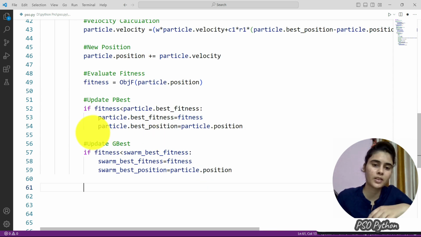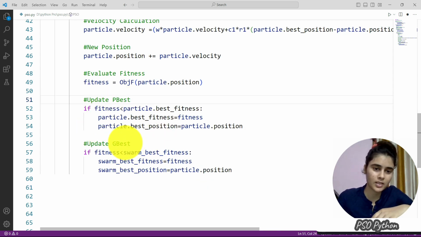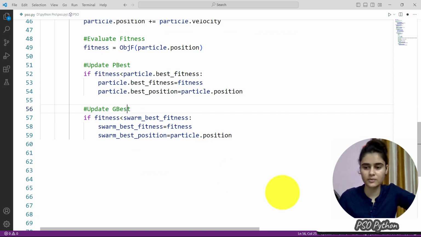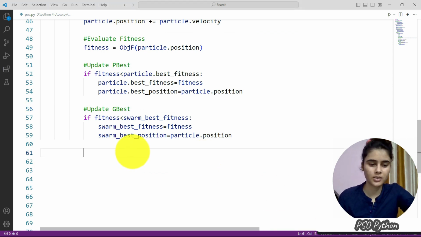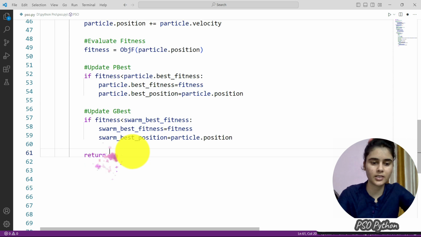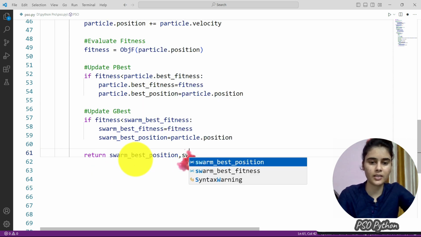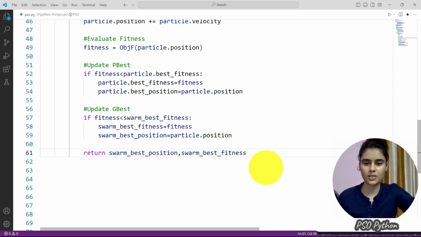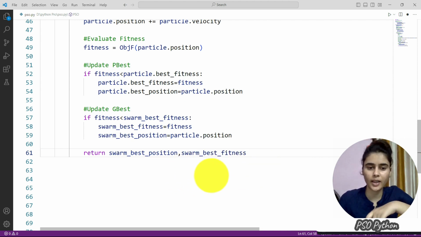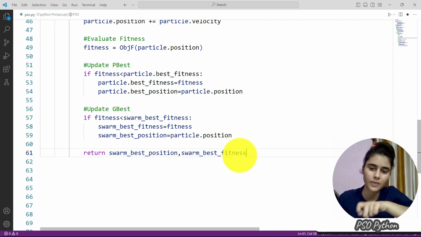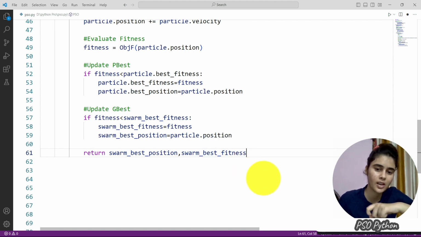Done. We updated the personal best and the global best fitness value. Now it will return the swarm best position and swarm best fitness value as the output, as we need the best position and the best fitness value among all as the output.